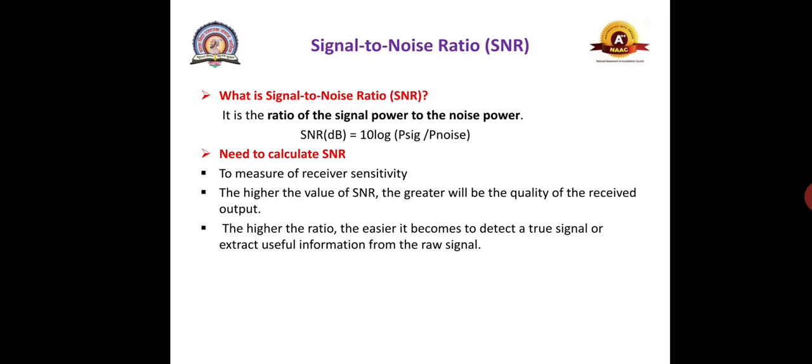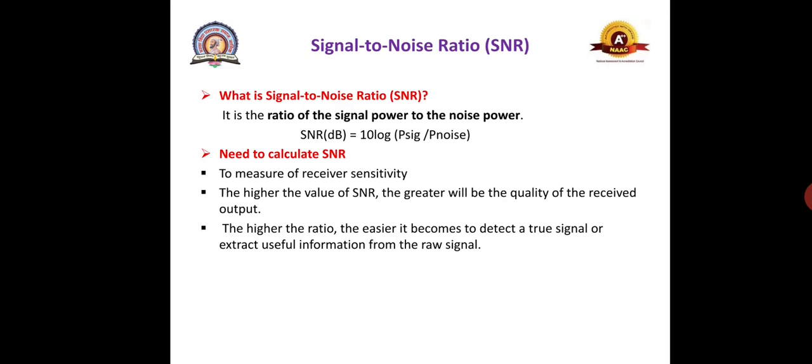Students, in the last lectures we discussed electronic communication systems, desired signals and noise signals. When these signals are received by the receiver, we must know about the relative strength of the signal and noise. So today we look at some terms to know the receiver sensitivity and the quality of the received signal: signal to noise ratio, noise figure, noise temperature, and also we will discuss the need of modulation and demodulation for communication.